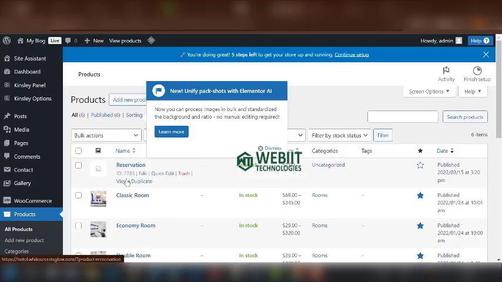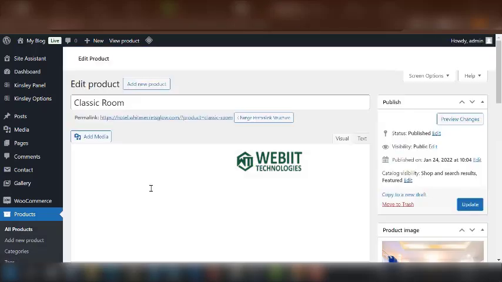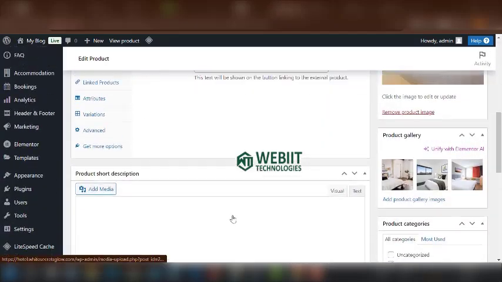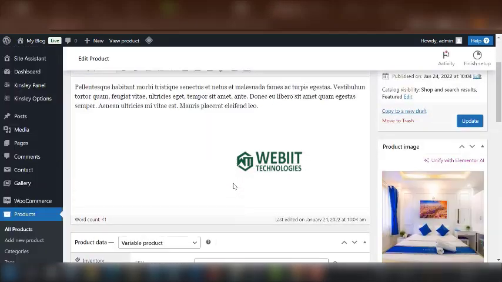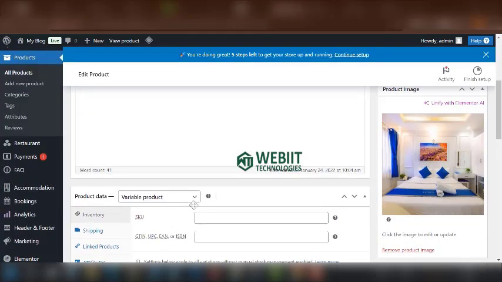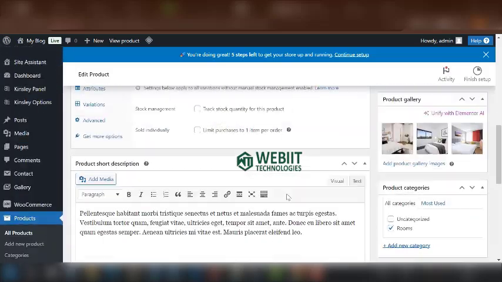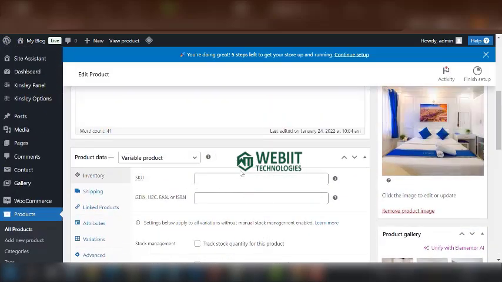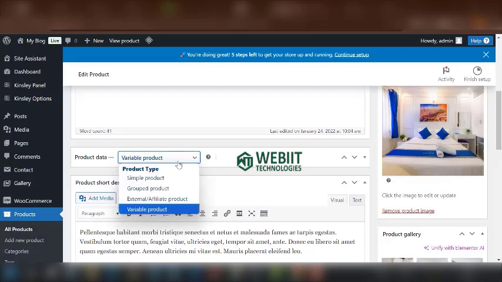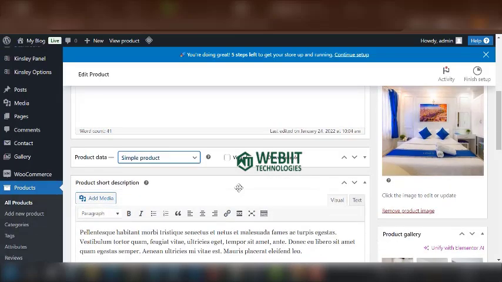Now let me show you this. This one is a classic room. Now if I click on edit, you can see that classic room. If you come down here, I want to change the price. You can see the price here. This is SKU. If you come to simple,